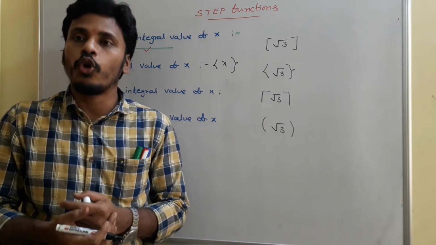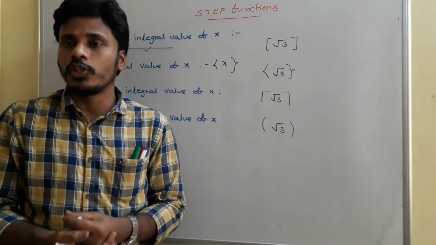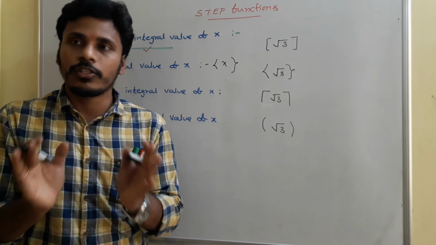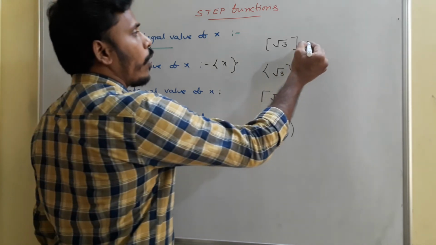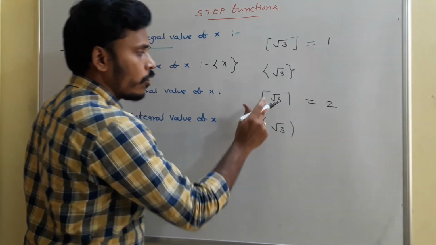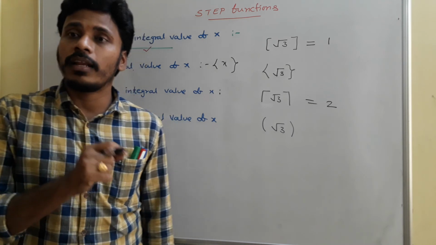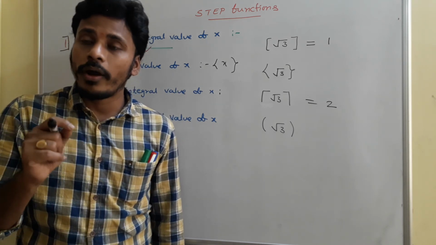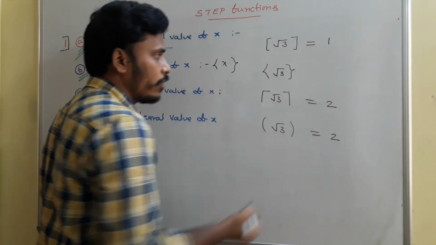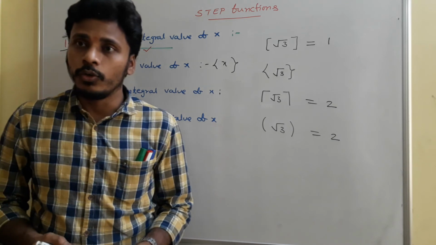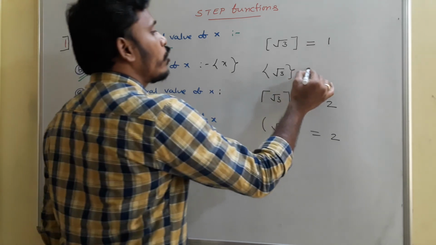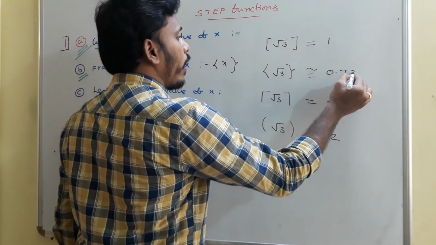We know it. If you know that approximate value, then it is easy to say; otherwise we can't find. Root 3 is a number in between 1 and 2, and that is sure. So the step of root 3 is 1, whereas the ceiling of root 3 is 2. And if you know the value approximately like 1.732, which is very near to 2, that's why the nearest integral value is again 2 here. Coming to the fractional value, 1.732 is an approximate value for root 3, so its fractional value is also approximately 0.732.